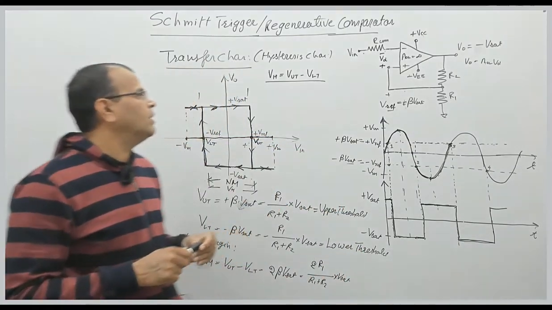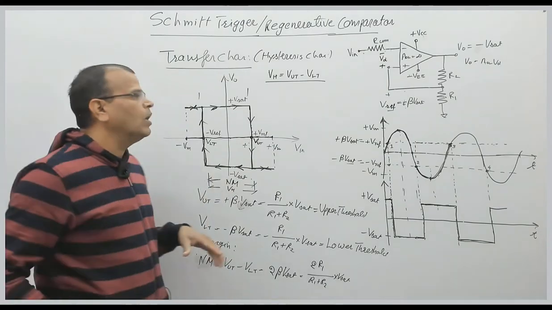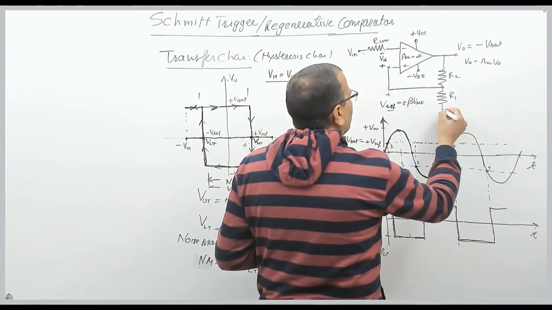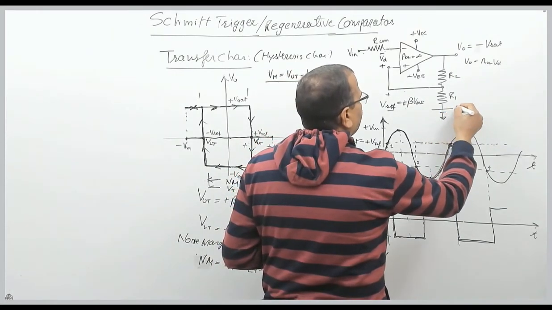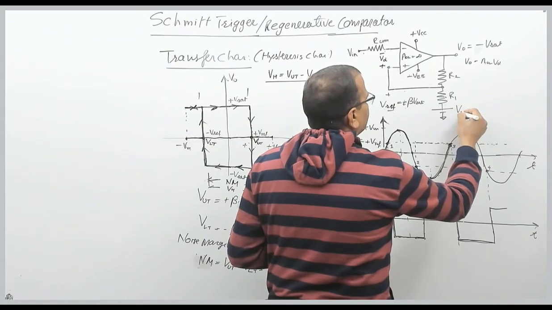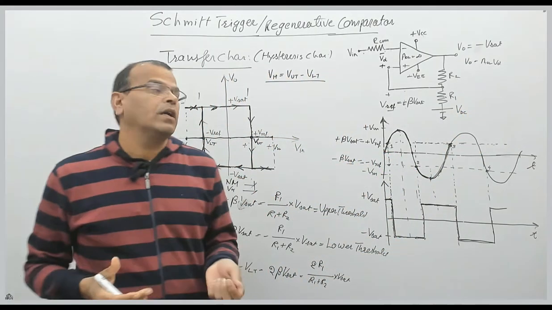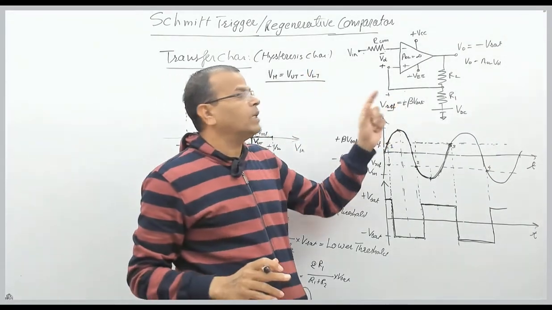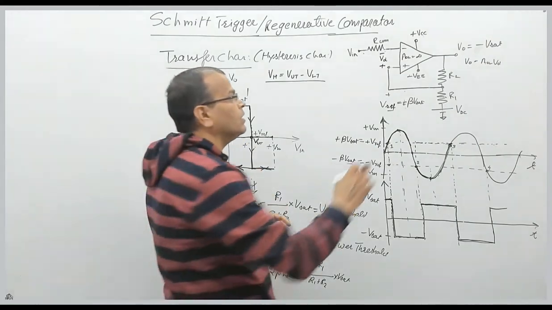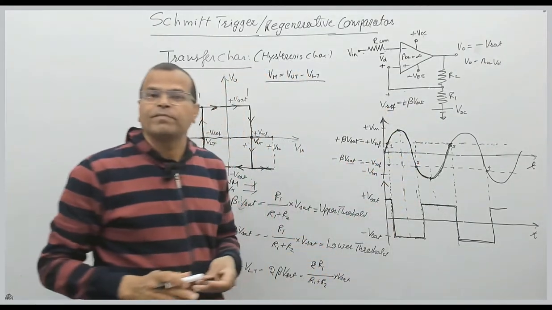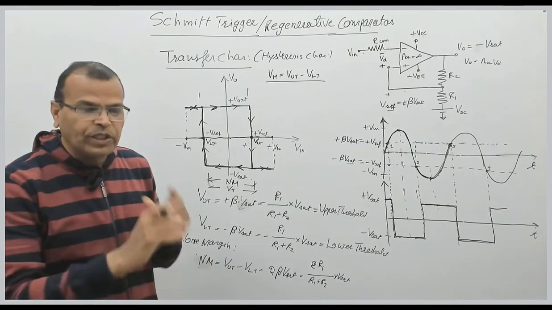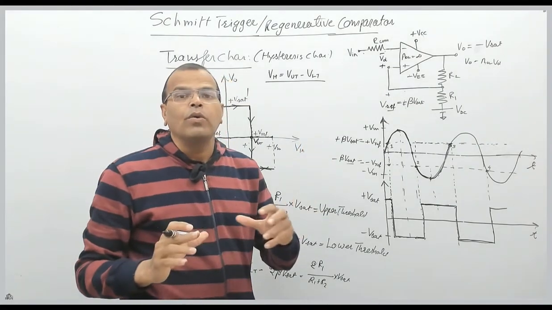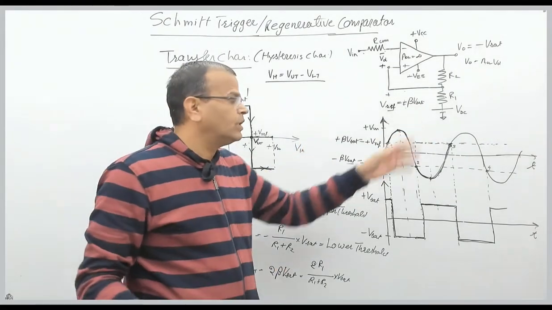So you can have a number of questions based on this circuit. Of course, there are little variations. For example, sometimes you will find a voltage source connected here, maybe say VDC. Then what will be happening? Everything is remaining the same. The only thing that will change is this reference voltage. How is it going to change? I will show you in numericals, but I'm letting you know how the references will change.